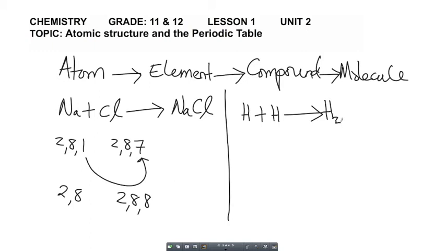All right, so to be able to understand the concept of a molecule, here we can say hydrogen, remember, is in group 1. So hydrogen has 1 electron in the last shell. So basically it means the electronic configuration is just going to be 1, implying that the last shell only accommodates 1 electron. So if I have this 1 electron plus another electron which is in the last shell,